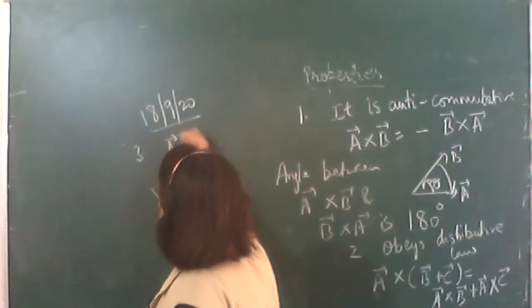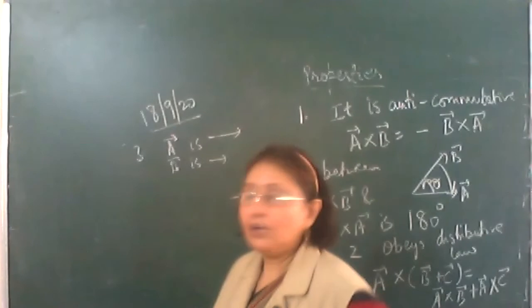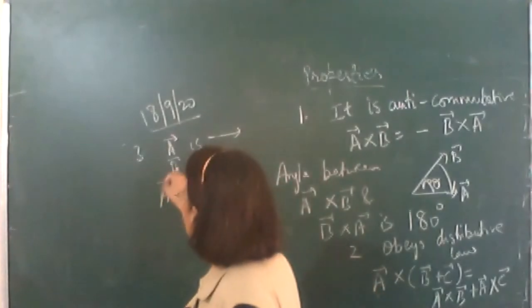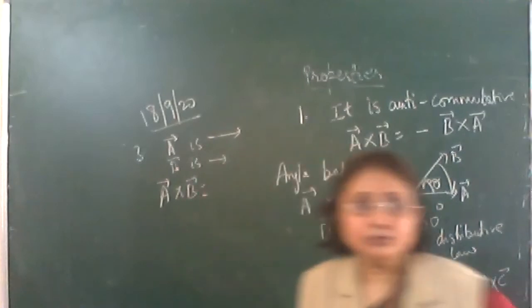That is, A vector is as shown and B vector is also acting in the same direction. Now here you have to find out A cross B vector is equal to,